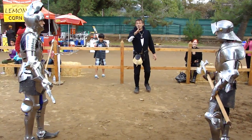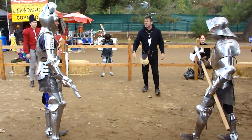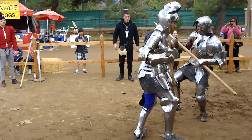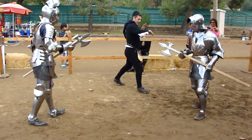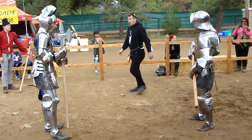So, the weapon can be used to get in, trapping around the arm, but it can also be used against the legs as well, so we can use a similar technique to trap in around his legs. There we go. Just pick up his leg and walk him wherever he wants. If he manages to get around the back and put the weapon in through that way, and then lean, you can imagine it's all sorts of...